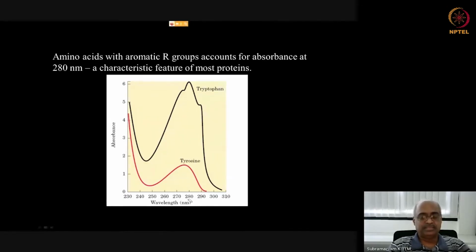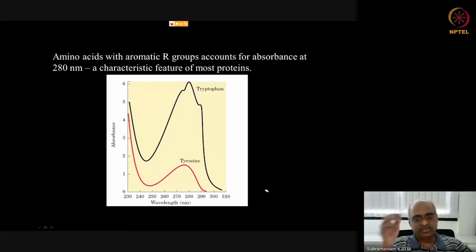This characteristic absorbance comes from the presence of aromatic rings, for example tyrosine and tryptophan. So this is an indole ring, and this is a phenol group, benzene with the hydroxyl group. The presence of these two amino acids gives rise to this 280 nanometer characteristic absorbance maximum for proteins, and this is often used to measure